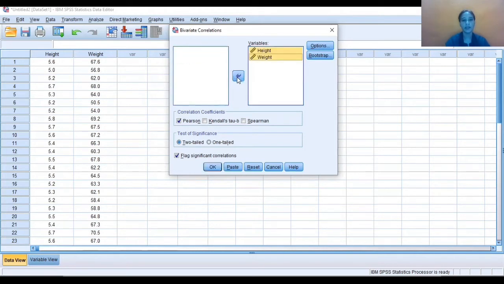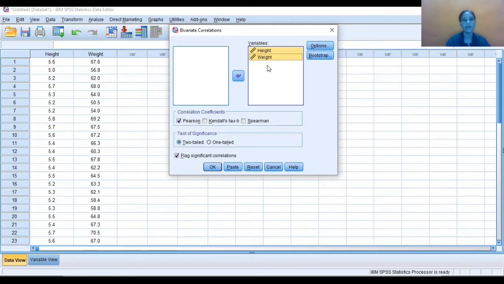After that you need to make sure here about the correlation coefficient. Three types of correlation coefficients are mentioned, that is Pearson's, Kendall's tau-b, and Spearman. So which type of correlation are we finding here?